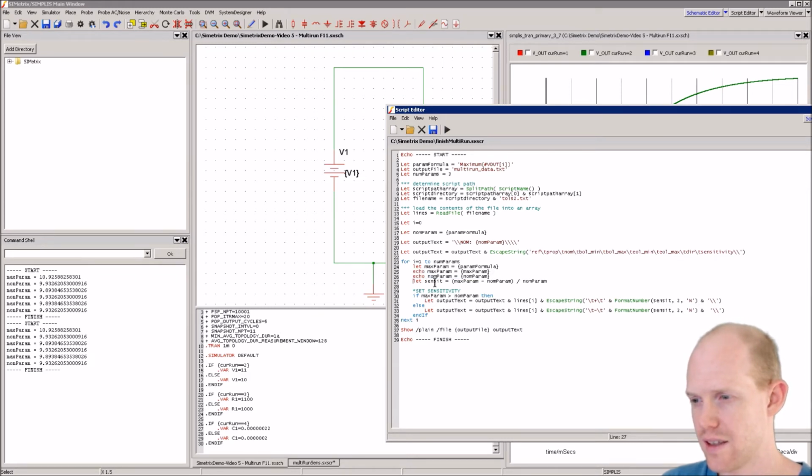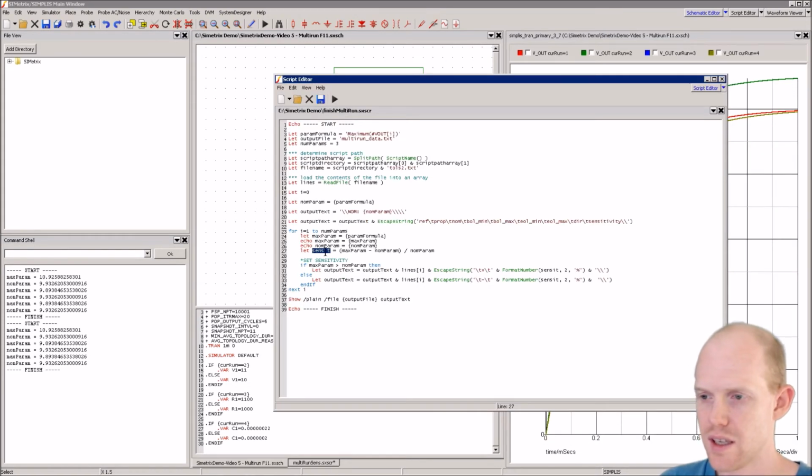And then we'll let sensit, the sensitivity variable, equal the max minus the nominal divided by the nominal. So that's our sensitivity calculation. And then we're going to set the sensitivity based on whether or not we want to give it a plus or a minus. We're checking if max param is bigger than the nominal param. If it is, then we're going to write this line to the output text. We're adding onto the output text